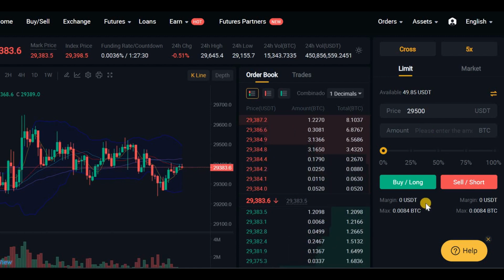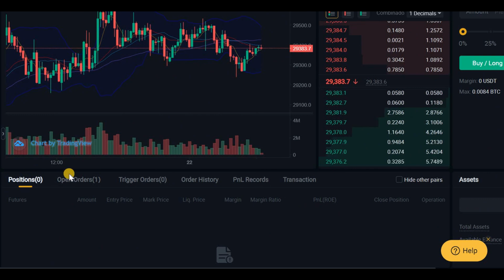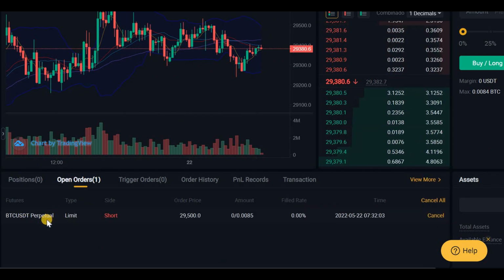If you scroll down, you can see your open orders in this section. You click on this. This right here is the order I just placed. And if you want to cancel this order, you can go ahead and cancel this order. One thing about using limit order is that it will take some time before your order gets executed. But if you don't want to wait, you can cancel this order right here